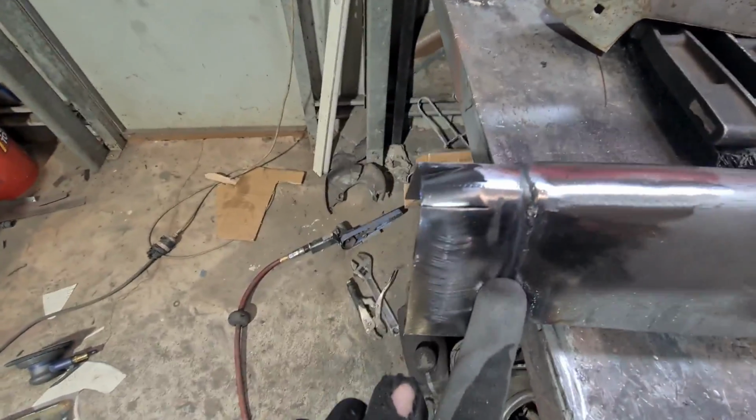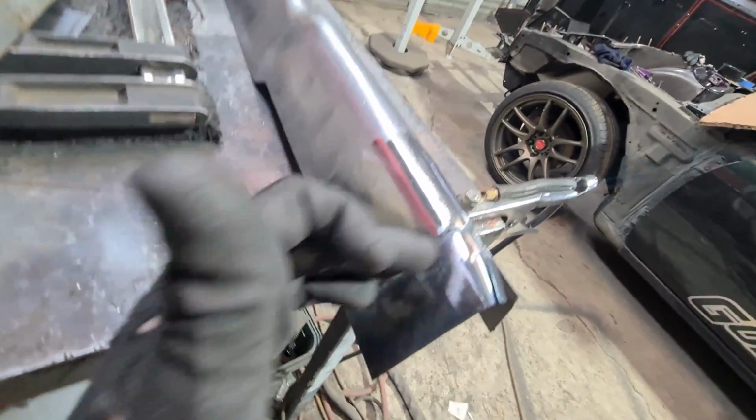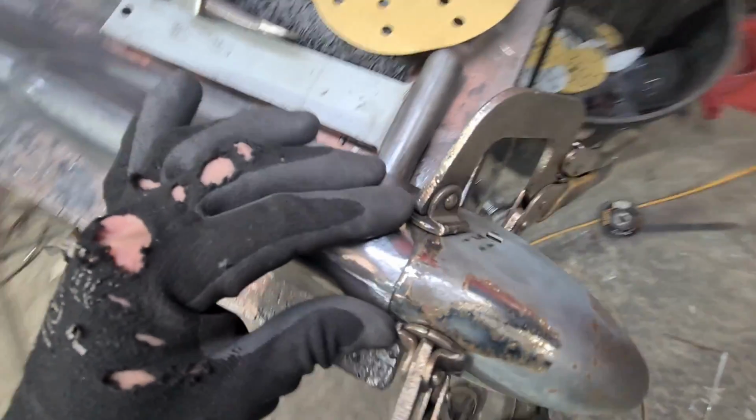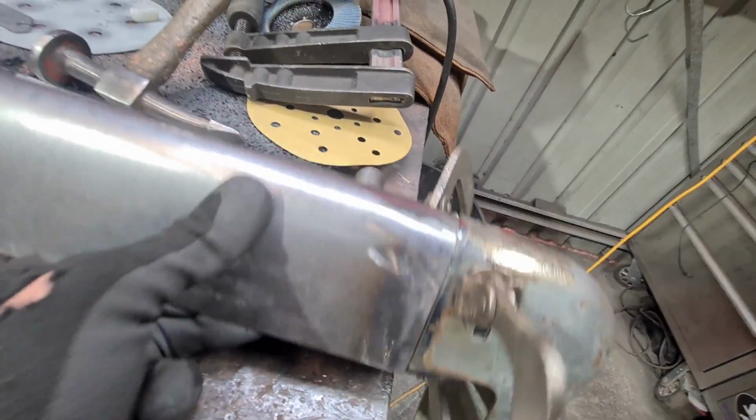So I've TIGed the ends in place now, and now I'm just shaping this section here, and then I've got to cut along for the step down. Got this clamped in place now to check, just adjust it where it needs to be adjusted, and then I